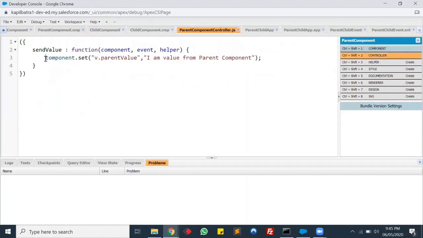So in the controller itself, we have to do some modifications. We have to register the event and fire the event from the controller. So let's register the event. Let's name it app event. Okay, now we'll be firing the event from here. So here will be our event's name. So this is my event name. All right,